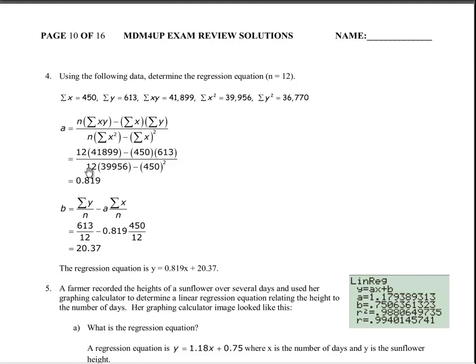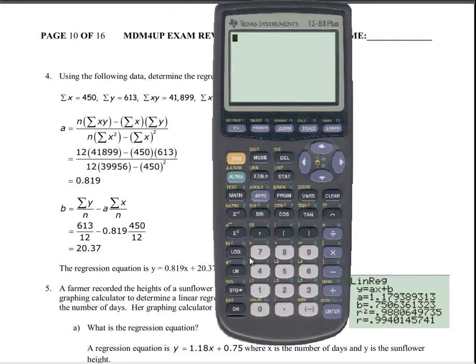Again, 12 there. The sum of x squared, the 39,956 right here, and the sum of x all squared, so we're squaring the 450 here. And so this is what I would do. I would probably put a bracket. So 12 times that 41,899 minus 450 times the 613, close the bracket, and then divided by, and I'll put in brackets as well,